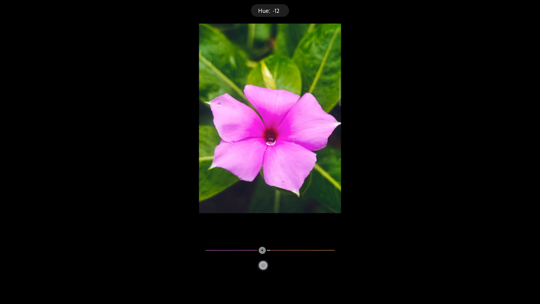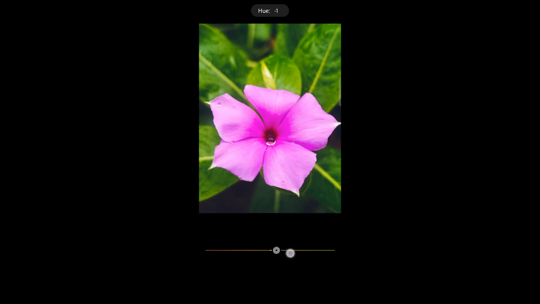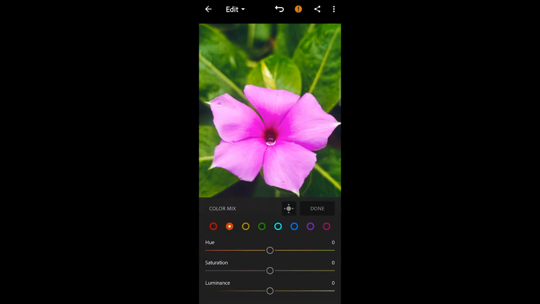Maybe I'll go -9, and I'll increase a bit of saturation to get that middle point dark so that our bubble is in focus and it looks like it will pop up. And reduce the luminance -4. And with the orange, you can see there is no orange, so I'm not changing the orange slider.